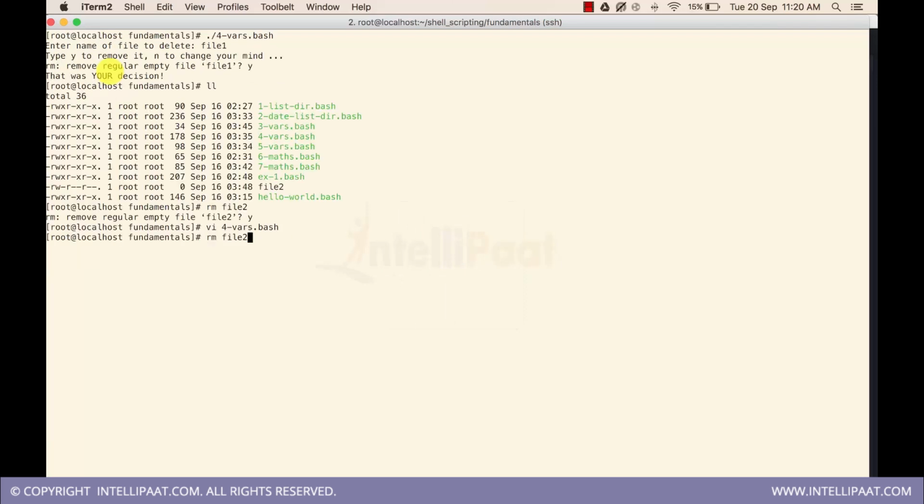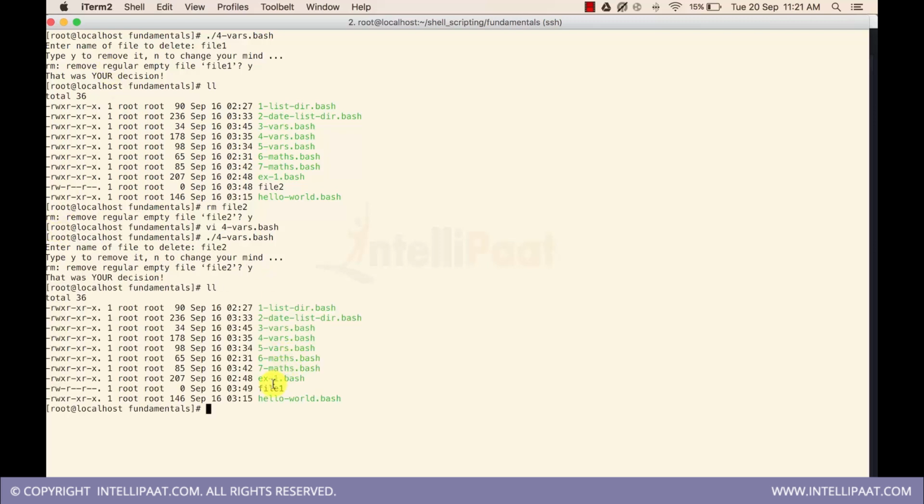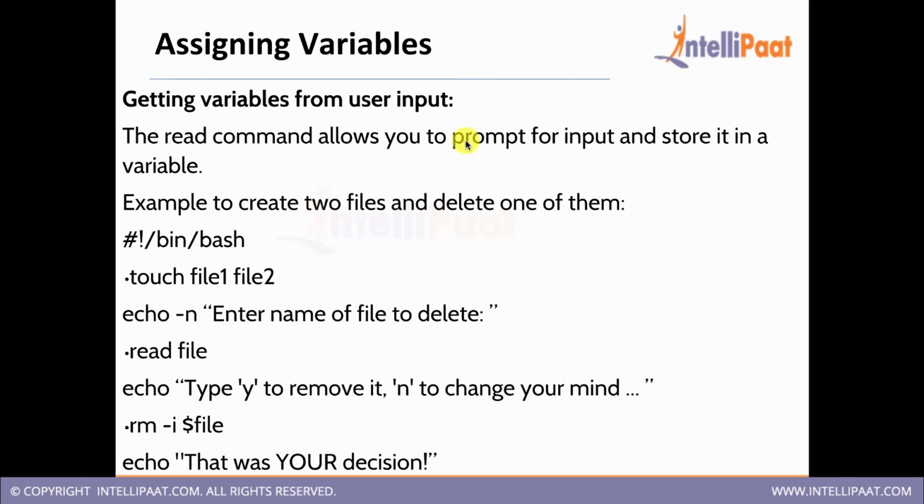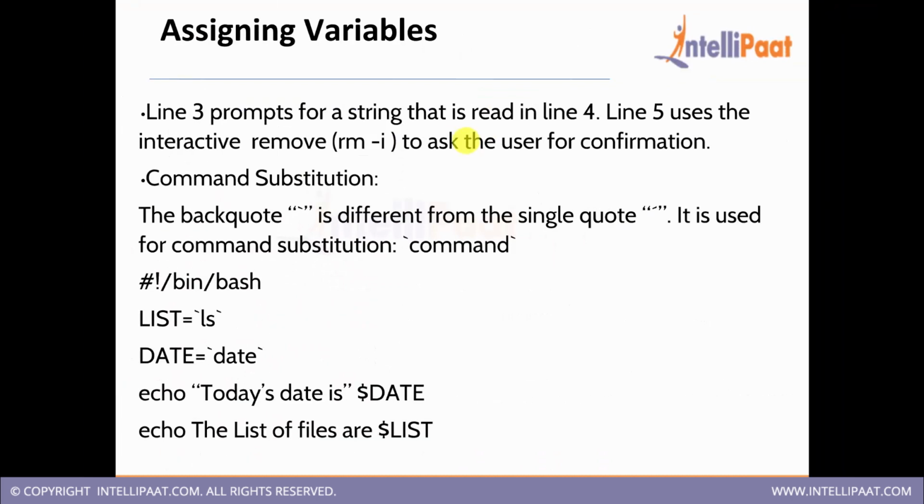Sometimes if we run the same script, and I put file 2, then it will remove file 2 and leave behind file 1. You do the listing and see file 1 is there now and file 2 is deleted because our variable was file 2. So this is how we can take inputs from the user and then execute them inside our scripts. So the read command is very important. You should go through all the shell script examples we are going through here and try to use them yourself